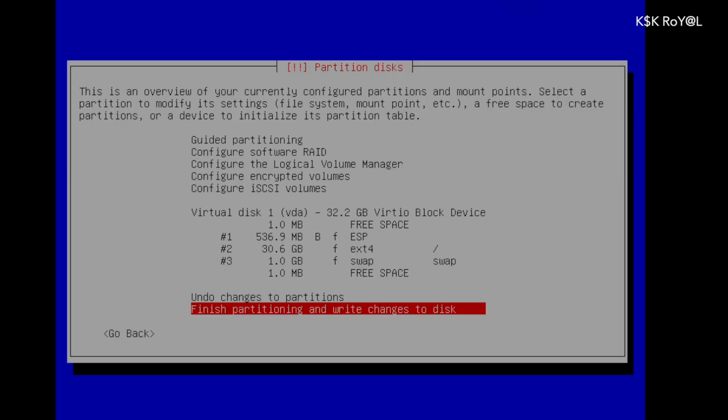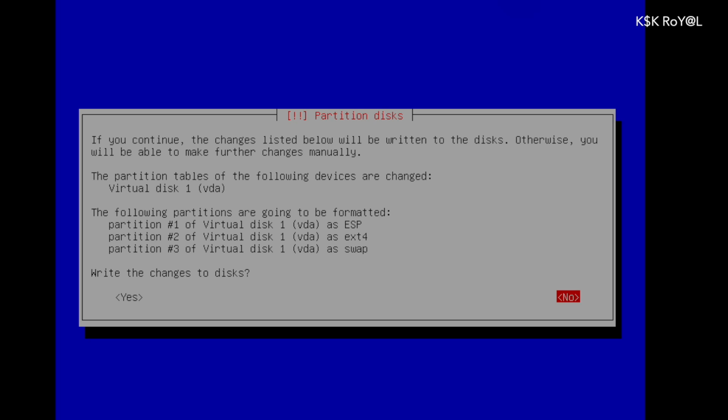Now many people at this point think this will format the Mac OS to install Kali, but keep in mind that the free space that we allocated for Kali will be used to install and run Kali Linux in an isolated environment and has nothing to do with Mac OS.